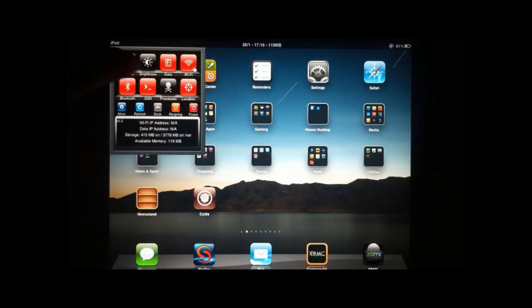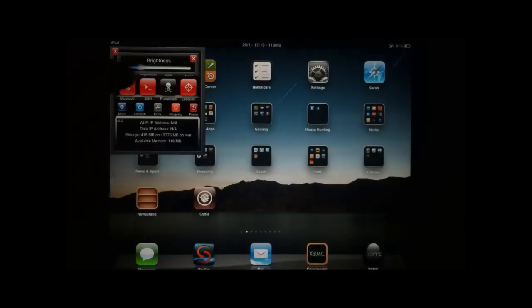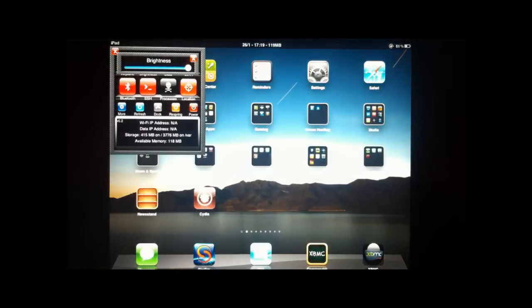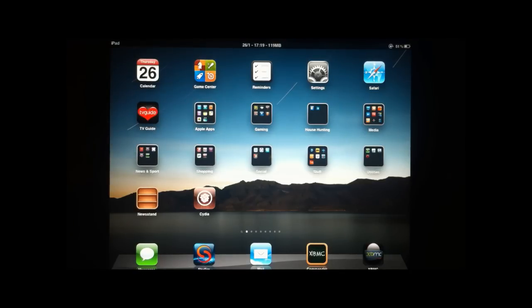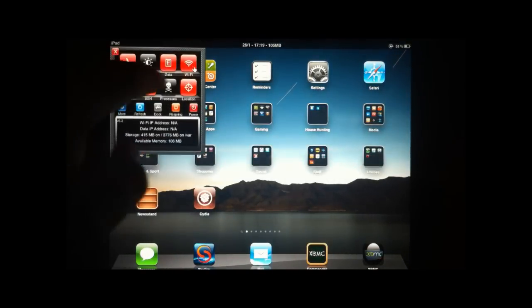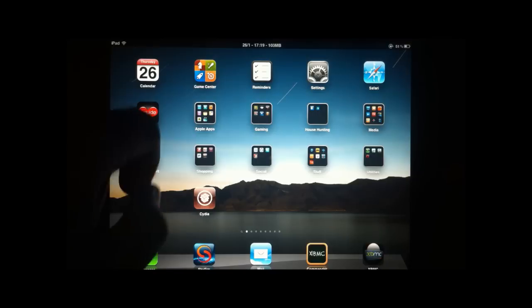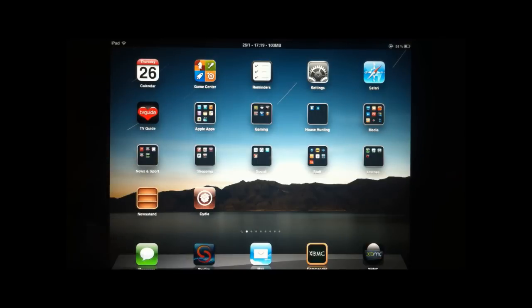One of the other things about SB Settings is it's always accessible for whatever application you tend to be using. So for instance, if you're in a web browser, like my web browser is Skyfire, I can easily say that, okay, this is kind of hurting my eyes on the text. I can drop the brightness down, or I can drop the brightness back up again quite easily without having to exit from the application and going back to the settings app. So let's turn on Wi-Fi, and if I come along and, for instance, if I give you